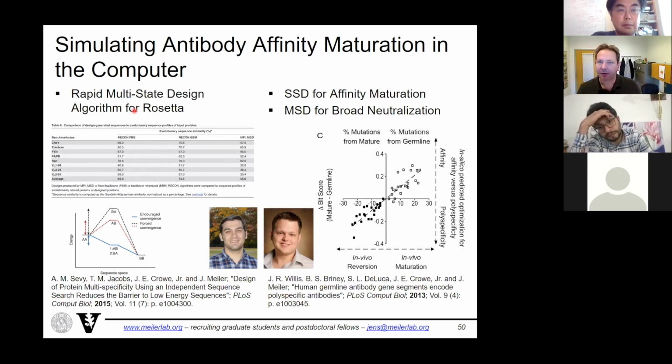And experimentally, that's a difficult problem to tackle, right? But in the computer, you can do that. You can have 35 copies of the surface protein of HIV in the computer with their structure, and you can design one antibody simultaneously to have a good binding affinity to all 35. But these are millions and millions of atoms in your computer. And so for that, you need very strong multi-state design algorithms. And so we have developed some specific algorithms to tackle that task, and then showed that with those algorithms, we can indeed design antibodies.